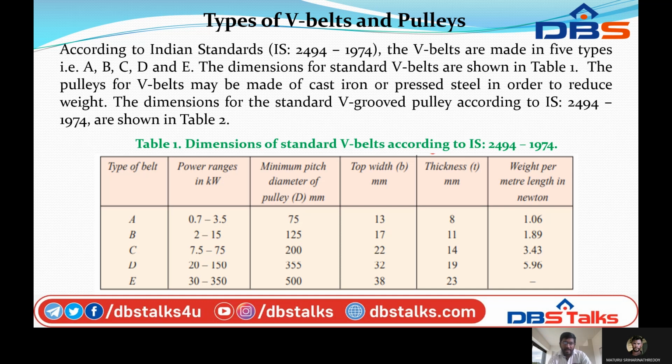Next, finally belt E: power range is 30 to 350 kilowatts. Minimum diameter is 500 mm, top width is 38 mm, thickness is 23 mm. So length is not given in table 1. See from table 2,